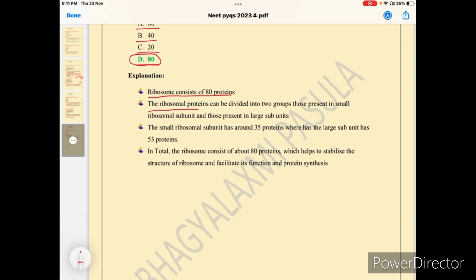The ribosomal proteins can be divided into two groups: those in small ribosomal subunits and those in large ribosomal subunits. The small ribosomal subunit has around 35 proteins and the large subunit has 53 proteins. In total the ribosome consists of 80 proteins, which help to stabilize the structure of the ribosome and facilitate its functions and